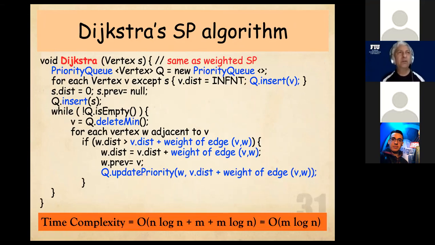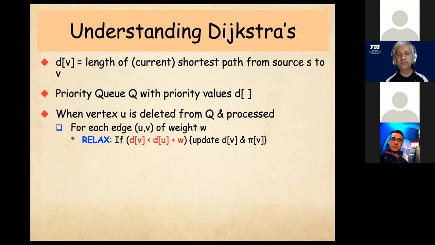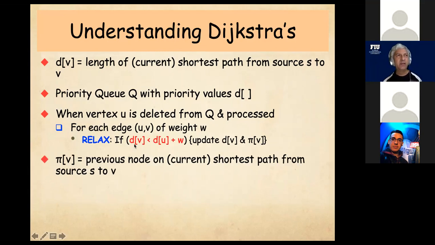All right. So there is one other little detail here, and that has to do with a function called relax. If you read the textbooks on Dijkstra, they will explain to you a function called the relax function. The relax function says if the distance to vertex V is smaller than the distance to vertex U plus the weight of the edge from U to V, then it means that the information you have currently is better than anything you have so far, and you